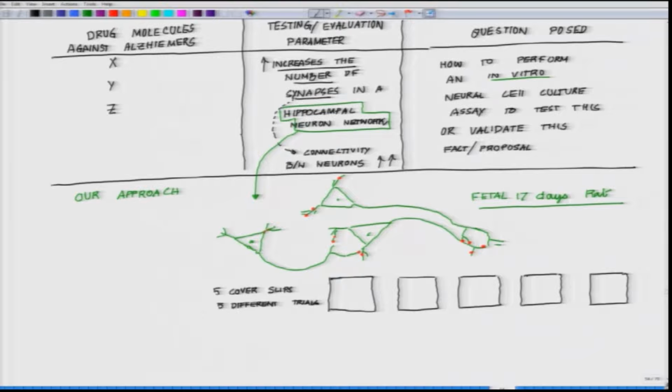Okay. So, on each one of them we will be replicating them say 10 times. So, we will be obtaining data from, in this case, 50 cover slips, fine, making sense. So, we have 5 different case studies. Our 3 case studies are already defined, X, Y, Z, and this is your control, and this one,